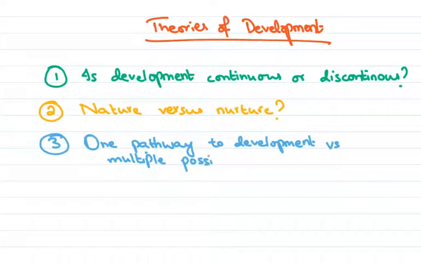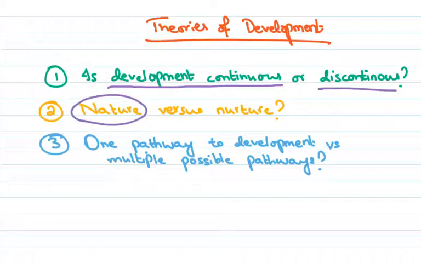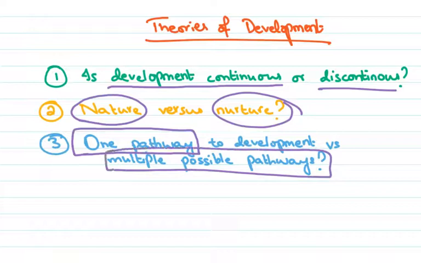So all sorts of theories will take some sort of stance with respect to all three of these. Basically what that means is that any theory will try to answer whether development is continuous or discontinuous, whether it's more driven by nature or nurture, and whether that particular theory believes there is one pathway to development or multiple possible pathways. Now let's look at the first of these questions, which is: is development continuous